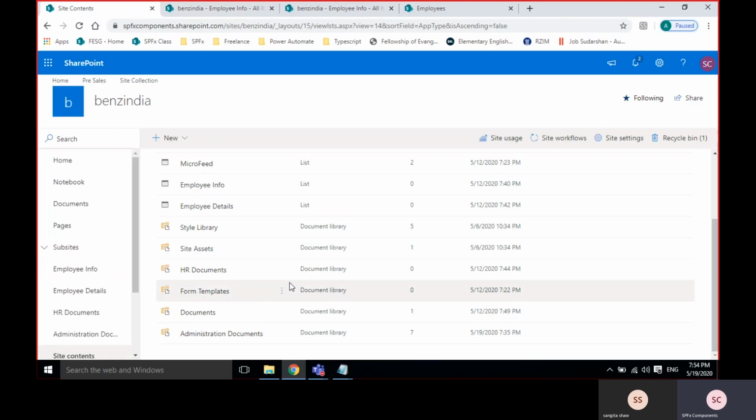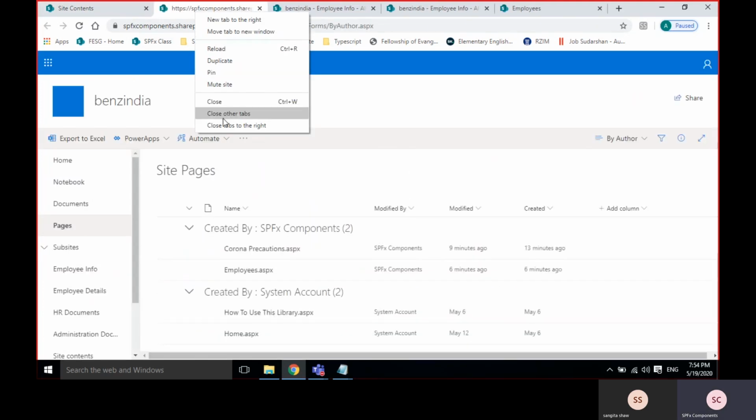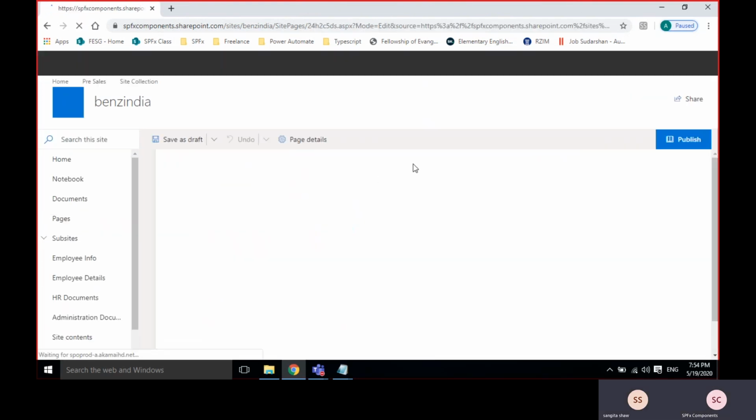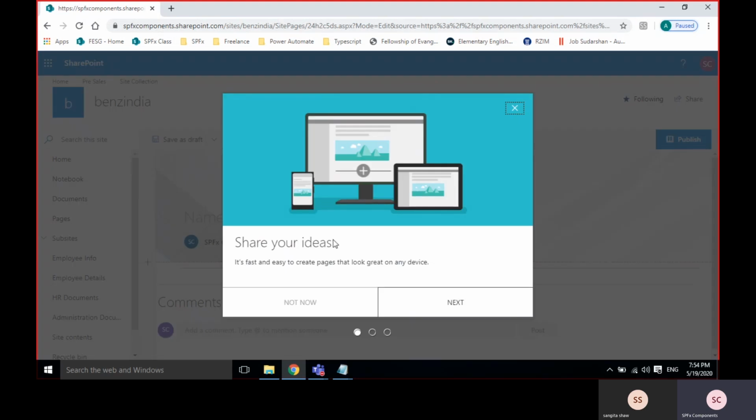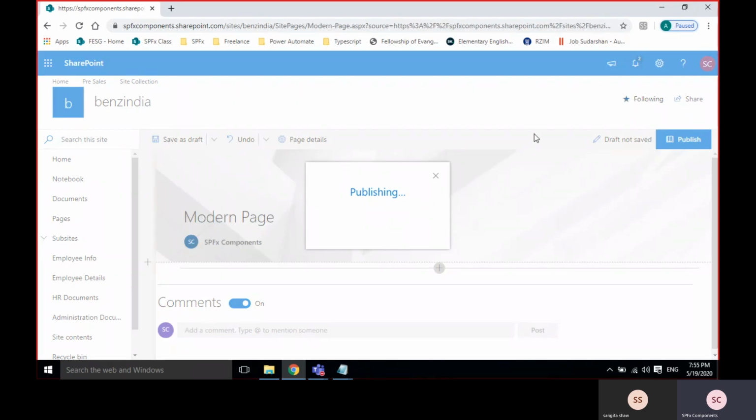And the next one is site page. It's a modern page actually. Modern page means it is responsive.